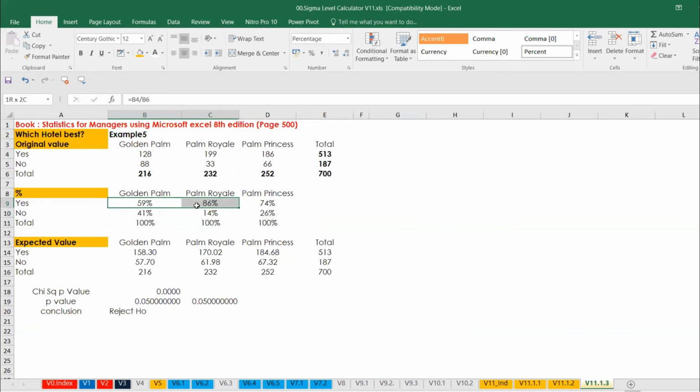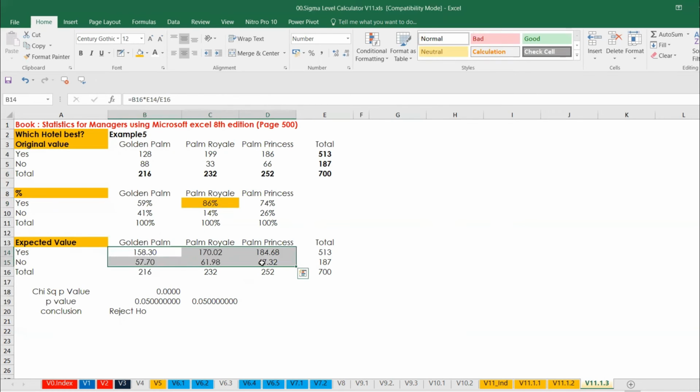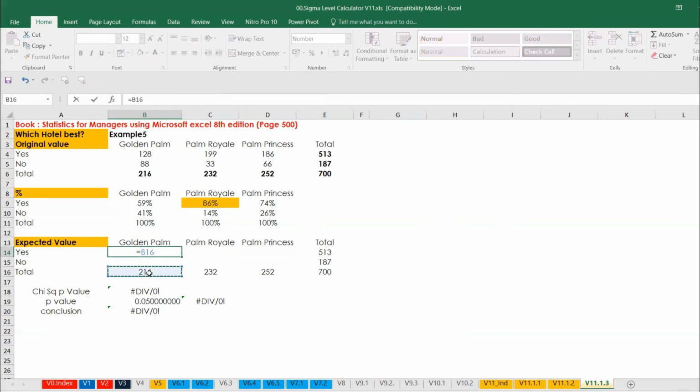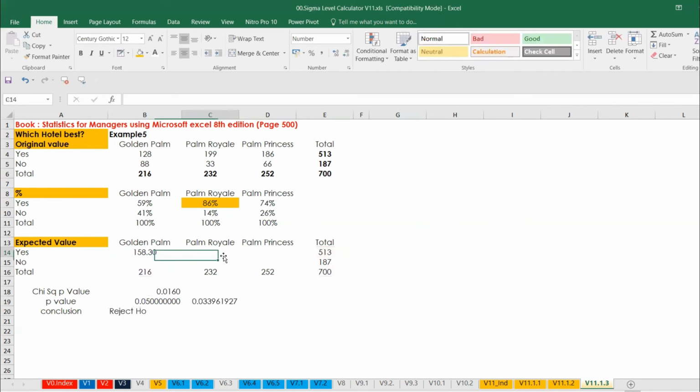So the percentage also looks great, actually that Palm Royal looks to be a great percentage, but we can show it statistically, we can prove it. How to do it? Similarly, I'm just removing this value. So I've just copy-pasted the same value here, and end of column into rows divided by total value,